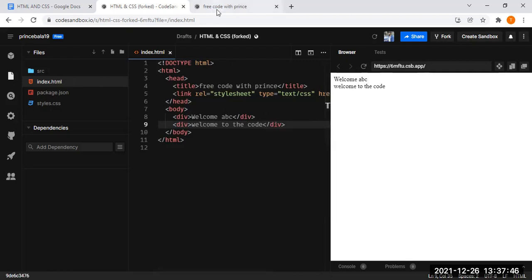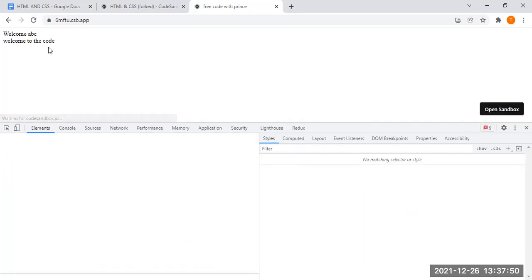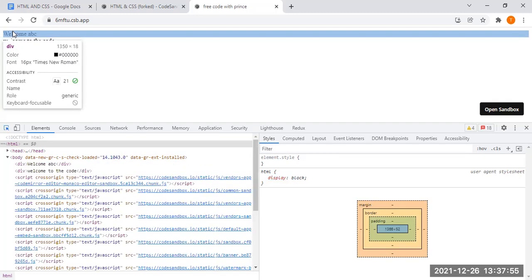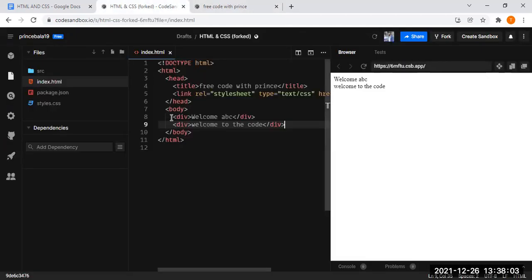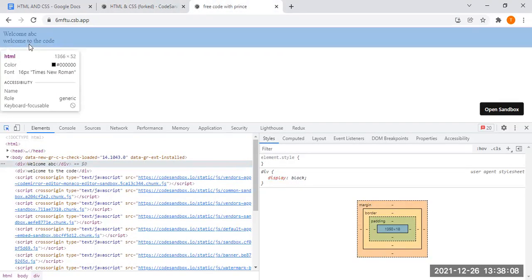If you see here, this appears on the second line. If you have noticed, this appears on the second line. Why does it appear on the second line? Because this is a div element. This occupied the entire block. Since this occupied the entire block, there won't be any space for any other tag elements you add, so it will appear automatically on your next line.